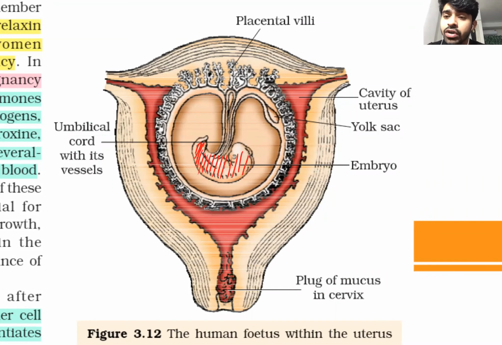And as I have already mentioned, from the umbilical area, something is connected with the placenta. It's called the umbilical cord. That you already know. Can you tell me what this structure is? This structure is called chorionic villi. Why is this chorionic? Because these are arising from the fetal membrane. This is not a contribution from the maternal membrane.